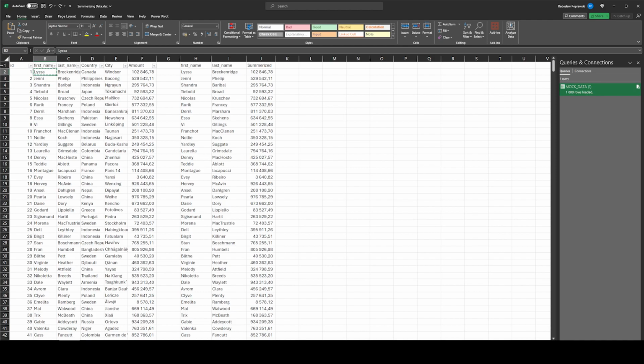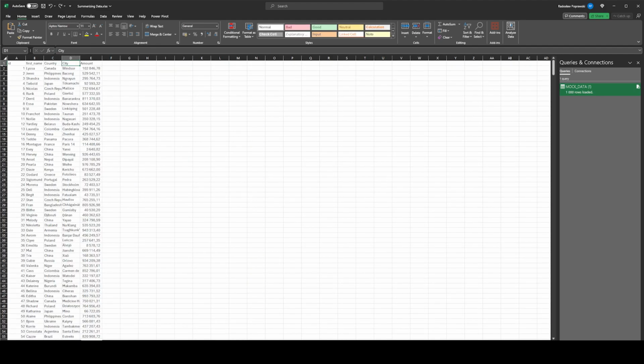And here we have our report ready. So this is the basic SUMIF function with two criteria. And here we can create another SUMIF function, but this time we have a bit different job, because we have